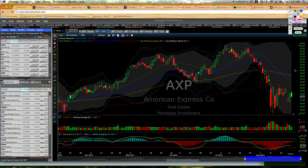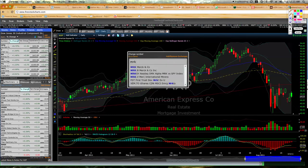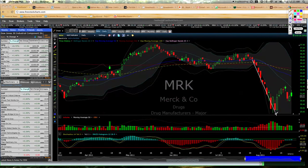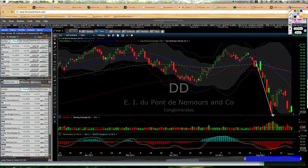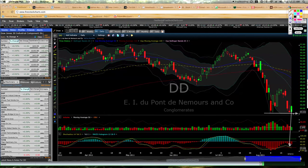The potential W formation. Next is Merck. Again, potential W formation. DuPont. Potential W formation. Well-defined risk. But again, just like UTEX, stochastics pointing downward, so there's going to be a tendency for this to close in the lower end of its intraday range, but at least we've got a thesis that this has bottomed,